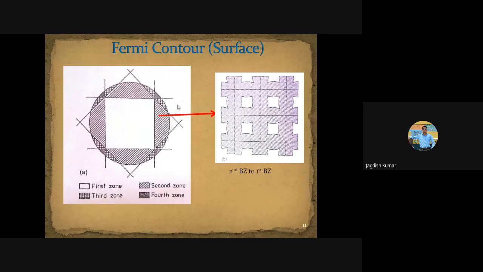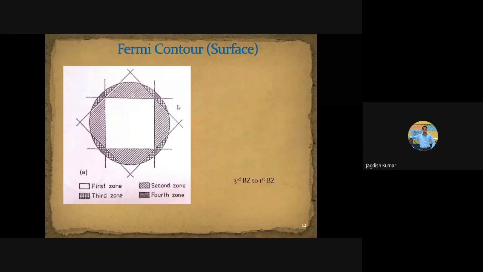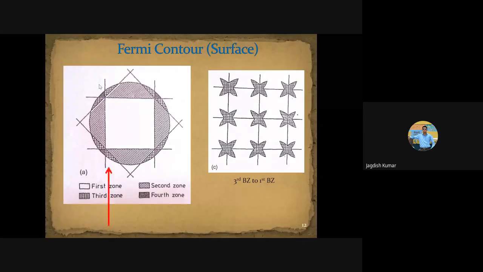Similarly, now let us try the third to first. I don't know if I have drawn those arrows. I'm sorry. Yeah, so third to first would look like this. How can we get this? This is the portion of the third Brillouin zone. I hope you remember this was a triangle like this. To get this back to the first, I have to add a G vector to every state here, and then this will go down to this. If I take this point and add a G vector, where will this come to? The G vector is this whole length. So this point will reach here, right?